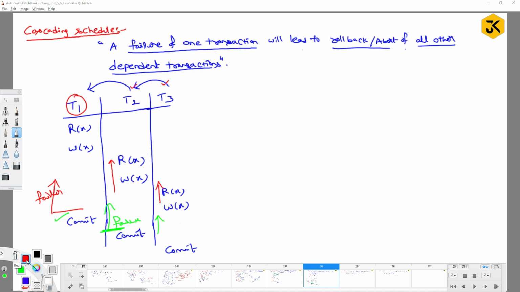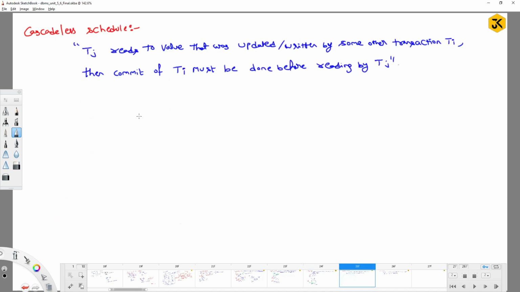If I am going to have n transactions, as all n transactions have the commit at the last statement, all transactions have to be rolled back, right? That's a problem, right? To overcome the drawback, we are moving to another kind of schedule we call cascadeless schedule, right? So in cascadeless schedule, what we are going to do means, if I am going to have transaction T1 and transaction T2,